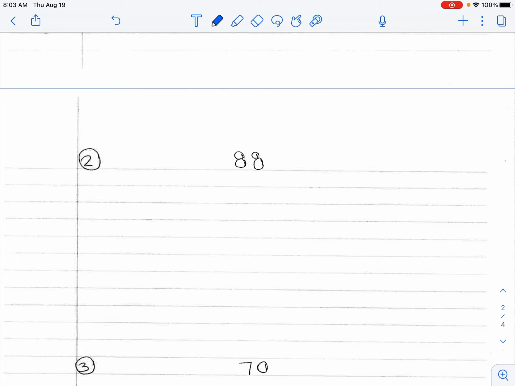Let's try 88. Now, what in the world are we going to start our branches with? Let's see. 88 is an even number, so I could start with 2. 8 plus 8 is 16. 16 is not a multiple of 3. What about 4? I know that 4 is a factor of 8, so 4 would surely be a factor of